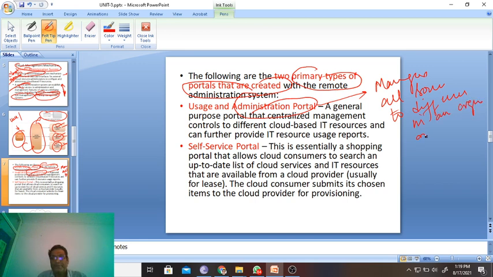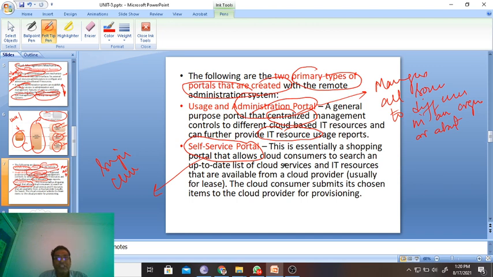It centrally manages and controls different cloud services for providing IT resources, central management. Whereas the self-service portal is for a single user who is using it.